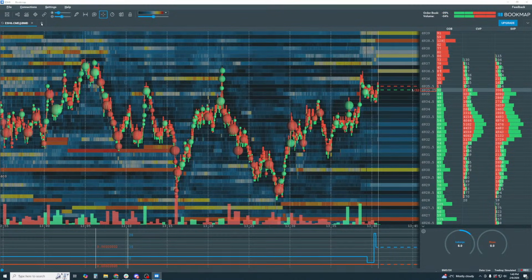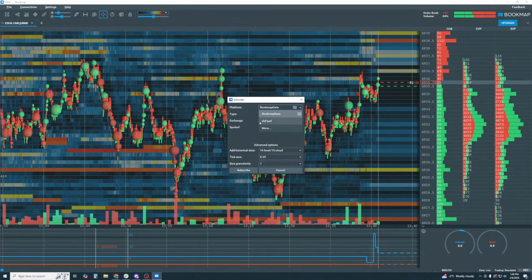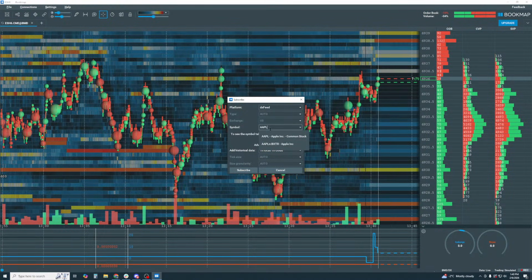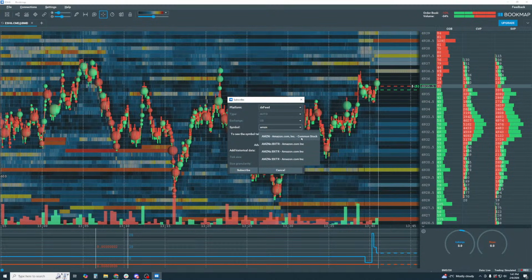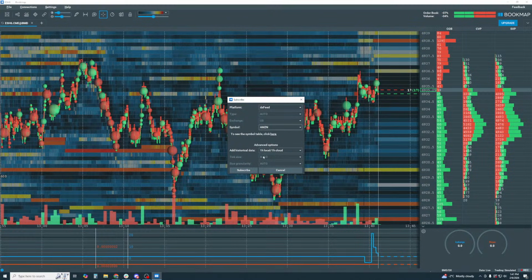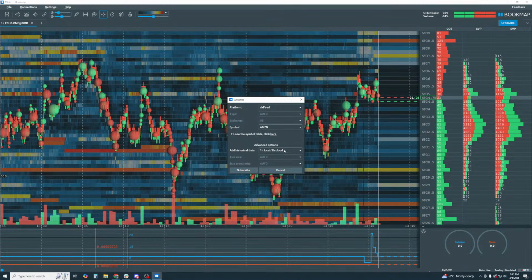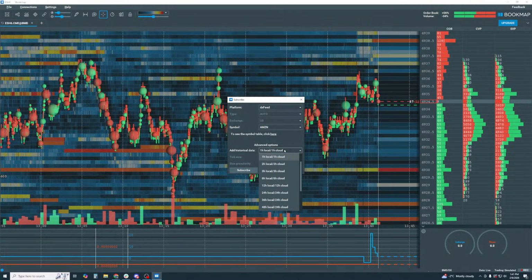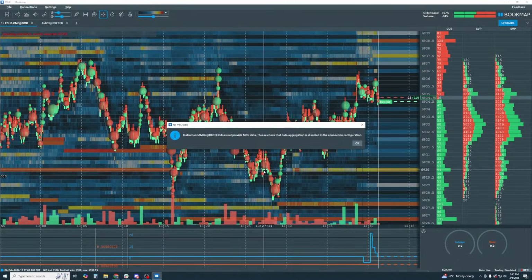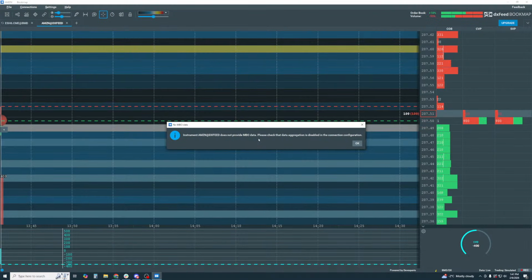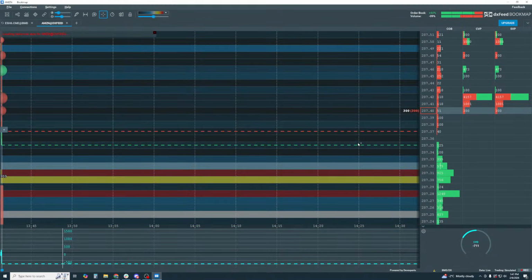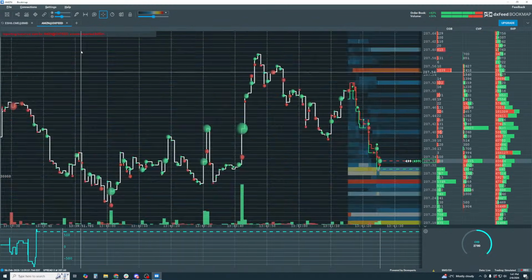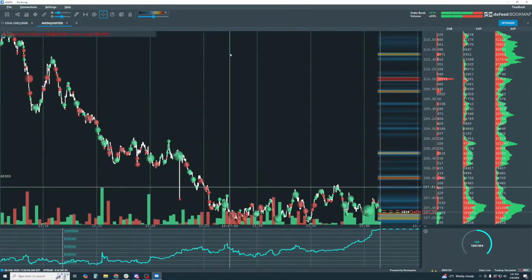Now let's click on the plus tab, and then platform dropdown. There's DXFeed now. Let's click that and type in your symbol. Maybe it's Apple, maybe it's Amazon in the news. So there we go. Type in the symbol, go with the common stock, select it, add 1 hour of cloud data. Okay, downloaded data is fine. You can add more, but let's keep it simple, and we'll click subscribe. Here we go. Okay, it doesn't have MBO data. That's fine. It's just a warning there. There we go. So now we're looking at Amazon. Great. Up and running. Looking at a stock.